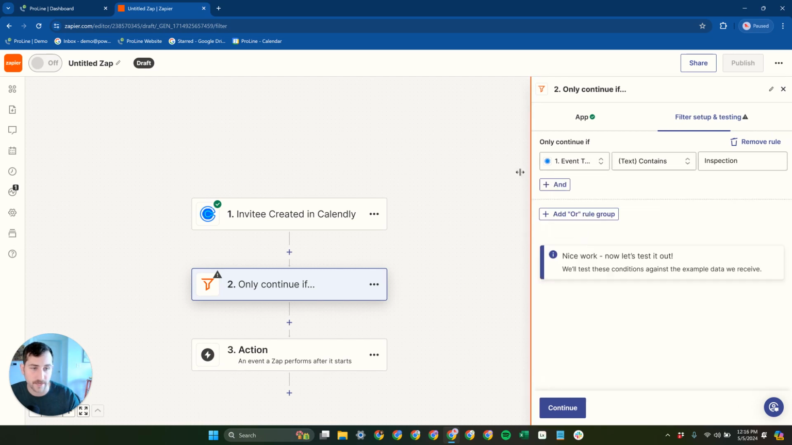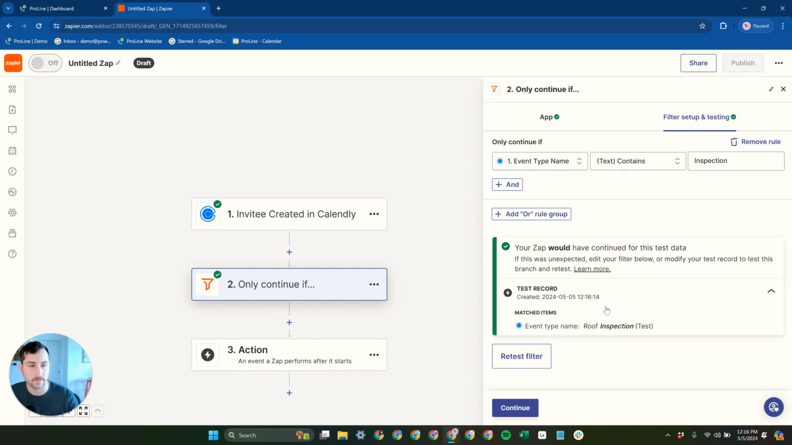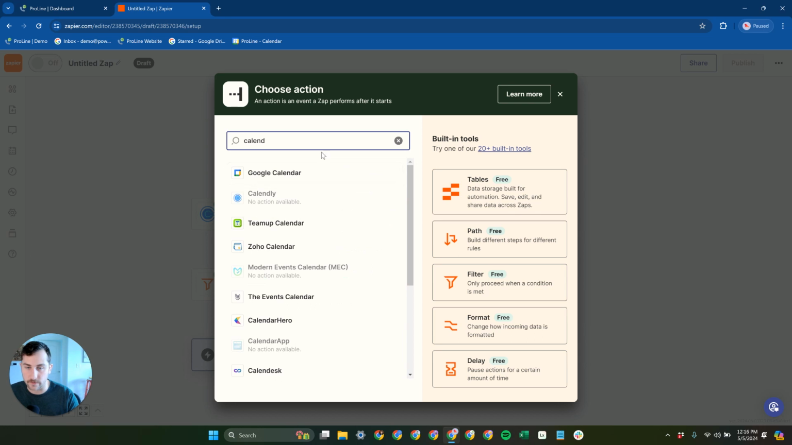Now this is an optional step. If you don't set this, it's just going to run for all events scheduled in Calendly. And if you're only using Calendly to schedule a single event, so only for booking inspection appointments, then that's totally fine. You don't need this step. But we'll leave it in here for us. Then we're going to set up a ProLine